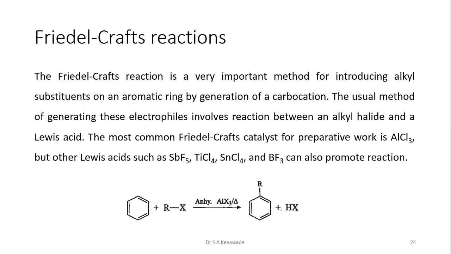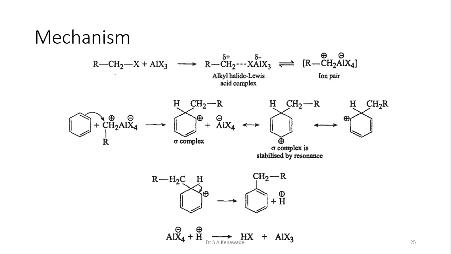The Friedel-Crafts reaction has two types, that is Friedel-Crafts alkylation and Friedel-Crafts acylation. Also, this is the mechanism of the Friedel-Crafts reaction. The very first is your alkyl halide. Alkyl halide comes in contact with Lewis acid, produces an alkyl halide Lewis acid complex, and these are in equilibrium with its